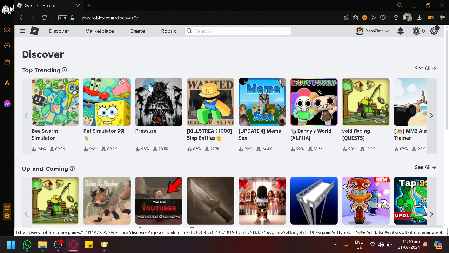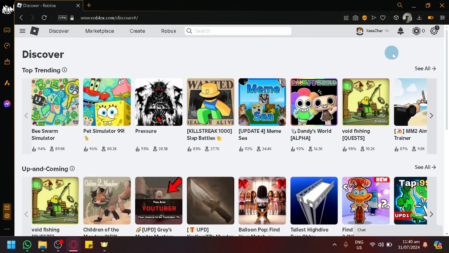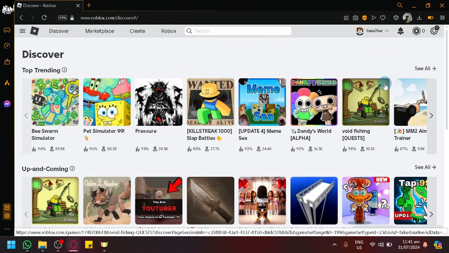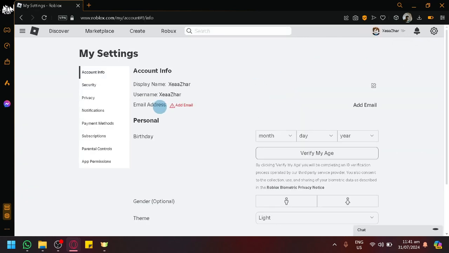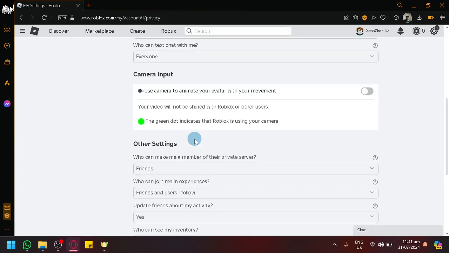In today's video, we will show you how you will be able to allow your Roblox to have audio voice chat without any verification. So simply go to your settings over here on your Roblox. As you can see here in my privacy, currently I only have camera input, but to be able to get